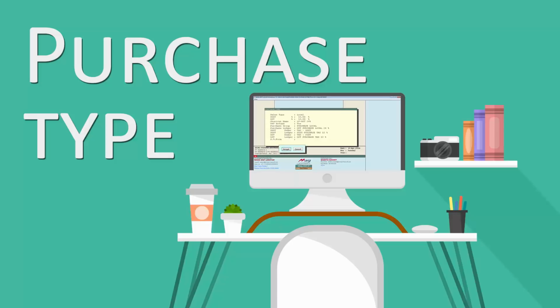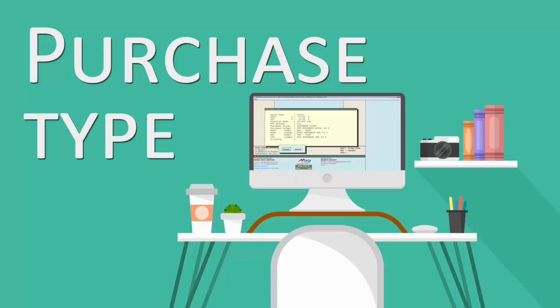Hello friends, in this tutorial we will learn about the purchase type in Marg ERP. Basically, what is purchase type? Like you have received a purchase bill from somewhere and there is 12% tax on it. And the bill you have, in which separate tax on each item is fed. Like on some it's 10% to 15% tax, or on some items tax is different according to the bill which you have received. Means different taxes are fed. There can exist many such reasons.